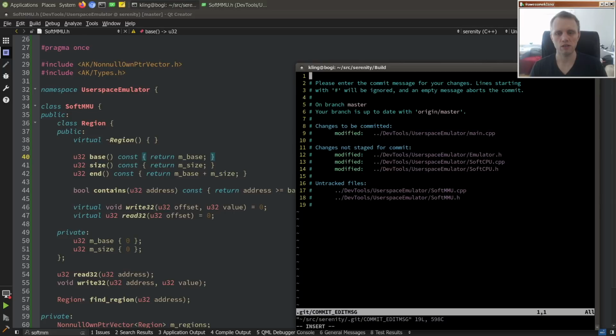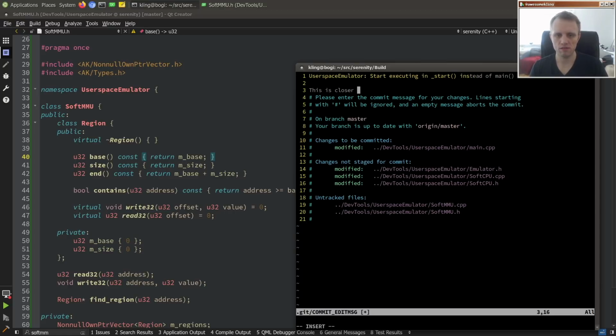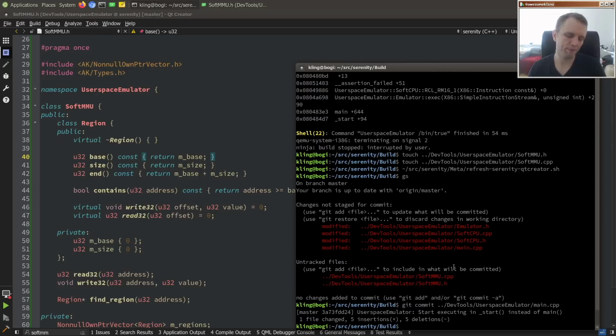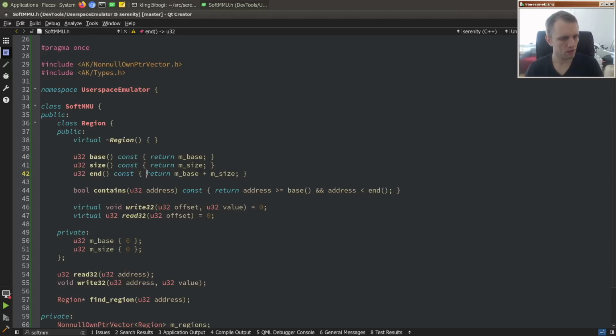So here we'll just say like user space emulator. This name is a bit of a mouthful, by the way, but maybe we'll get used to it. Otherwise we'll look for a new name. But right now we'll just say start executing in start instead. This is closer to the real thing. One step closer to the real thing, yeah. All right, and then,